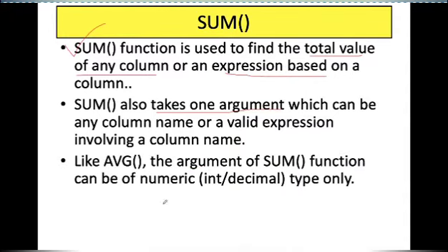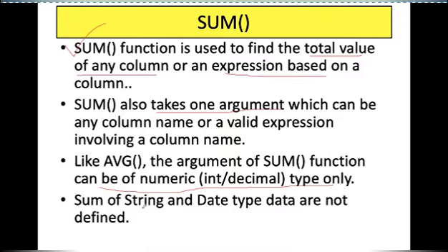Like average, sum can also consider only numeric data types. You can't find the sum of string and date values. So all the columns which have string, that is varchar or char data type, or date data type, will not be passed as parameter to the sum function.